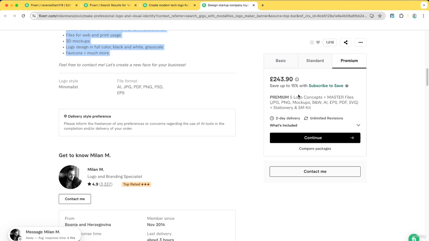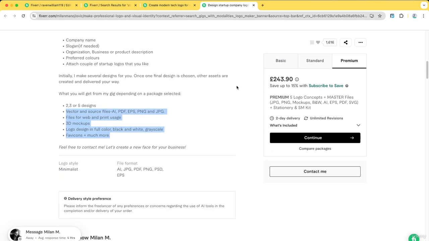So with milestones, what they're going to do is say after they give you the logo concept that takes like a day or something, they're going to ask you to approve it and then pay them say $40 from this entire amount. Then once they give you the 3D mockups, they're going to ask for another 100 and they go on this way to get the finalized money in small increments.